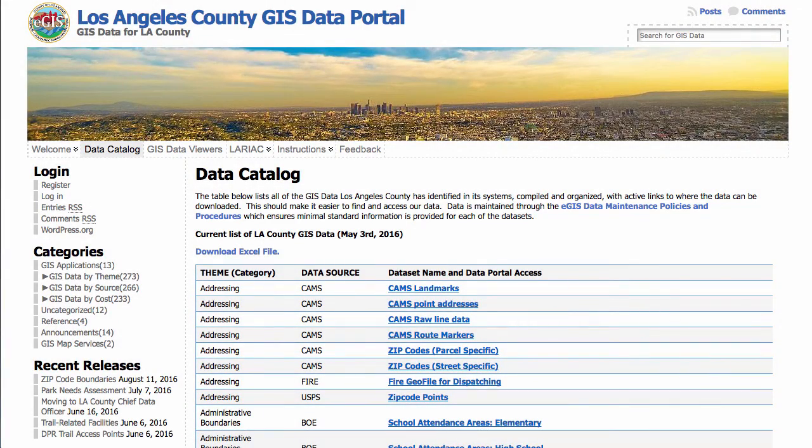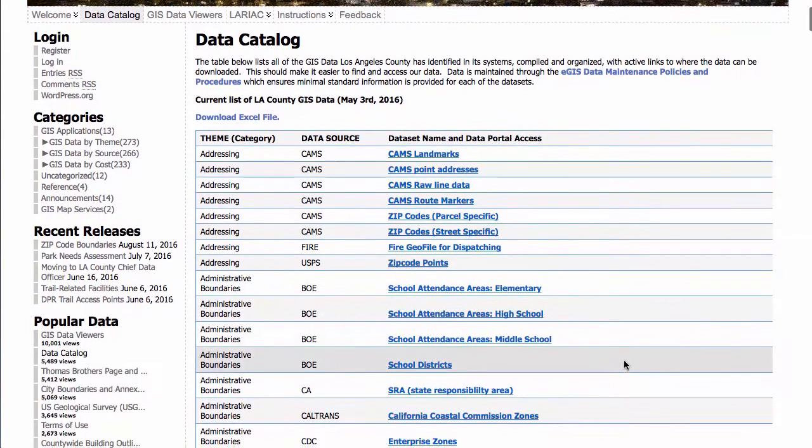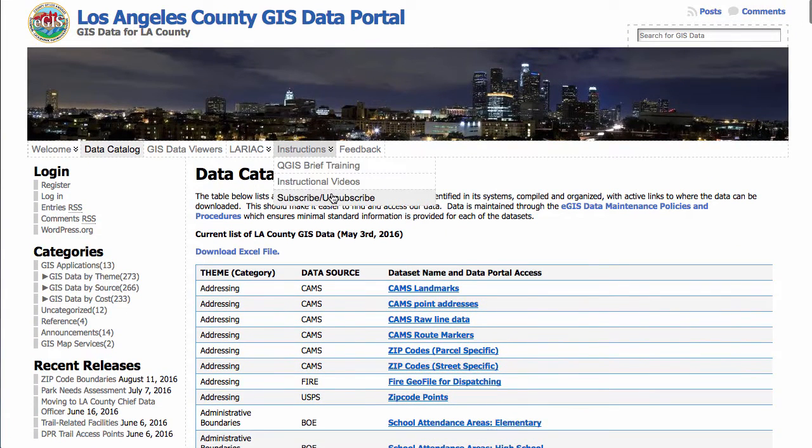This is Renee Rubalcava with AutoNet, and today I want to talk a little bit about grabbing some external data, shapefiles or whatnot, and loading them into ArcGIS Online and working with them a little bit, enhancing that data a bit more. So I'm just going to go ahead and start here, and I'm at the LA County GIS data